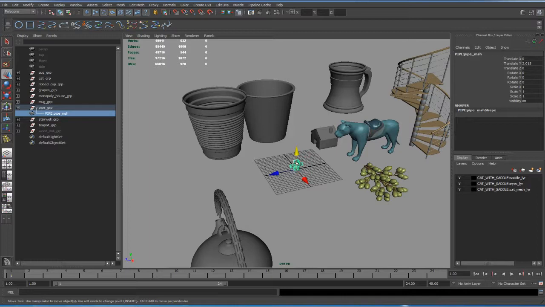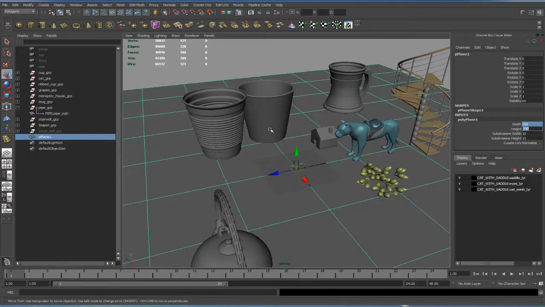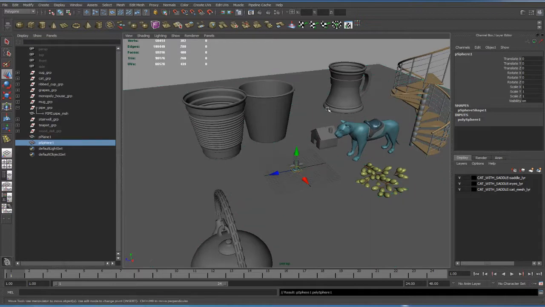For those of you who are studying in my class, you will also have your toy, and your toy is the centerpiece. It's going to most likely be the most complex piece out of all the ones that you've done in class. Next thing I'm going to do is bring in a ground plane, make it massive, like 250 wide, and then I'm going to bring in a sphere to cap around that. And the reason for this is so that I can make a globe or a contained environment to render occlusion,